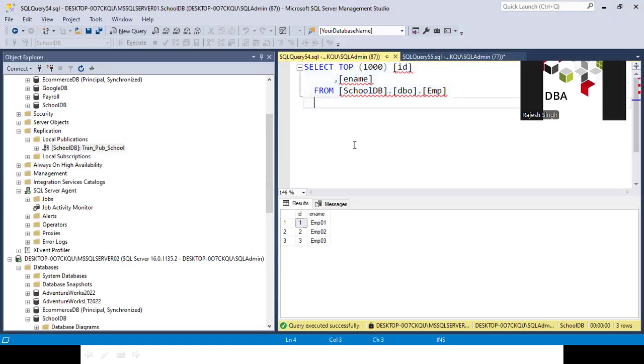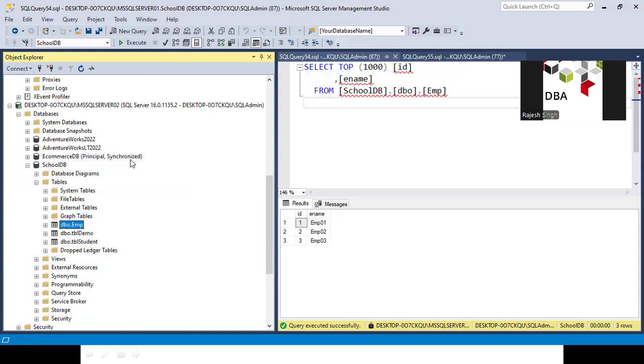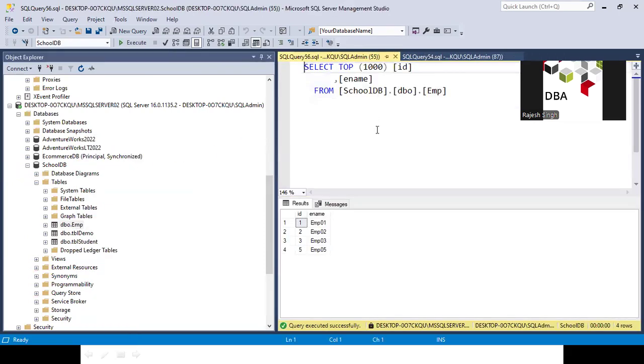Okay, so now you can see I deleted one record and inserted a record into the employee table. At the subscriber, if you check, you will see the additional record is inserted. But let's suppose you didn't fix your delete issue. Then the next transaction will not apply. Whatever transactions we do with a different table will not apply to any of the tables. So first, whatever issue is coming, you have to fix. You got my point?